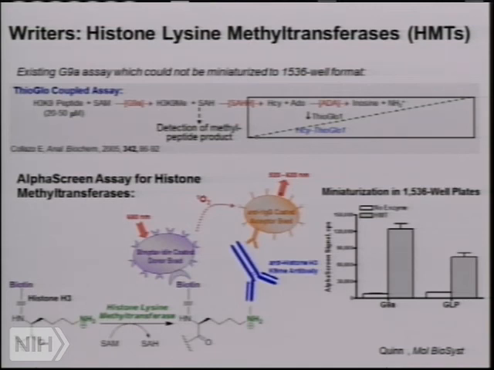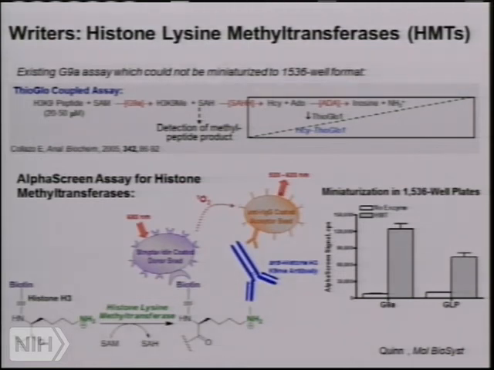When we tried to miniaturize this reaction to 1536 well plate, it literally fell apart. So many components were highly sensitive that we could never scale this up to run a large screen because of reagent incompatibility and instability. So we had to design a de novo assay to screen for methyltransferases, and we used, again, this chemiluminescent AlphaScreen platform that I showed earlier.